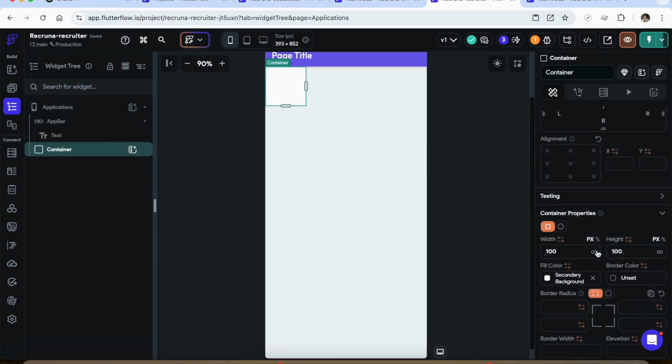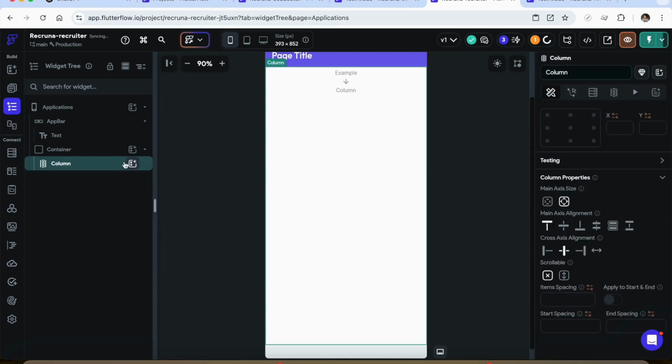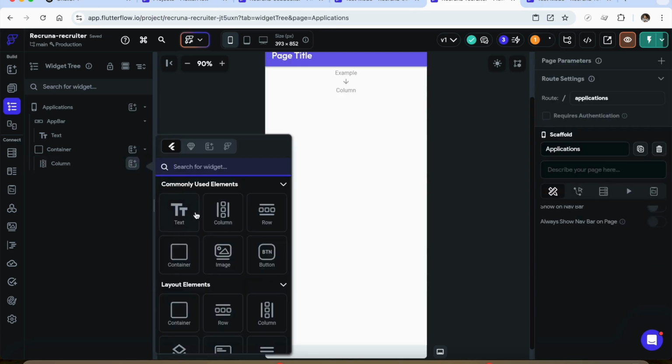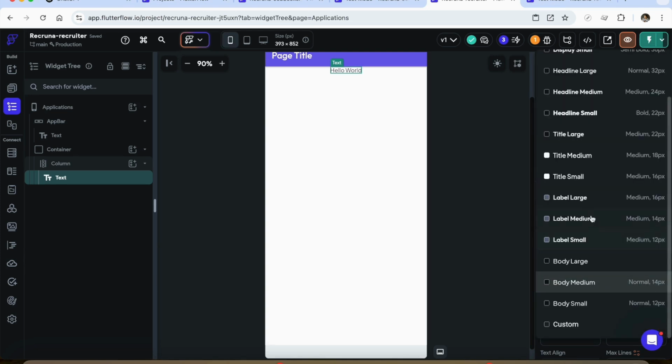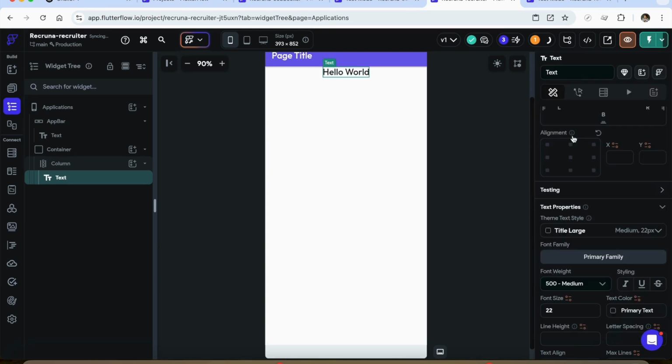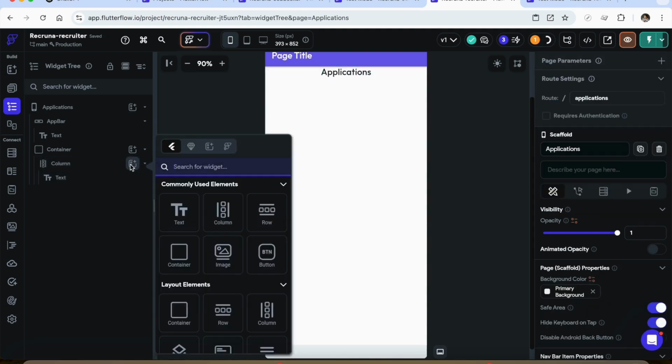So the container, I'll make it infinite and add a column in that. Now in the column, first we'll add a title, right? We can call it applications, and then we are going to use something called a data